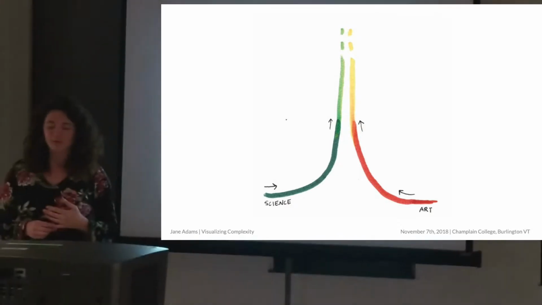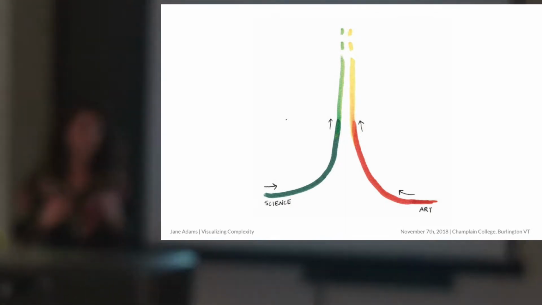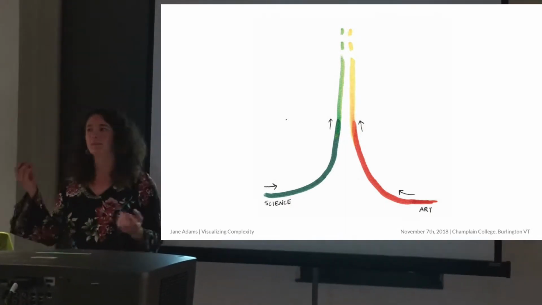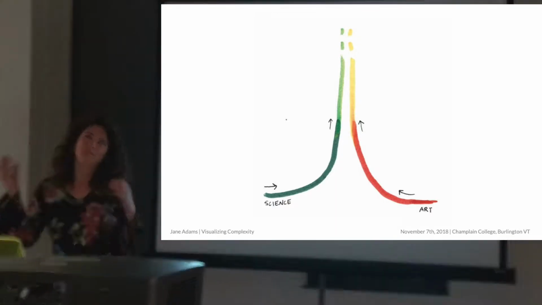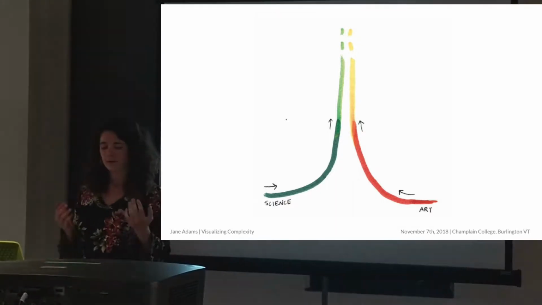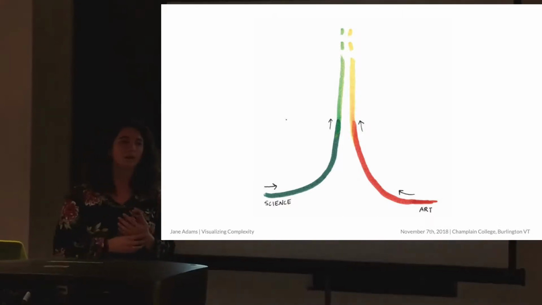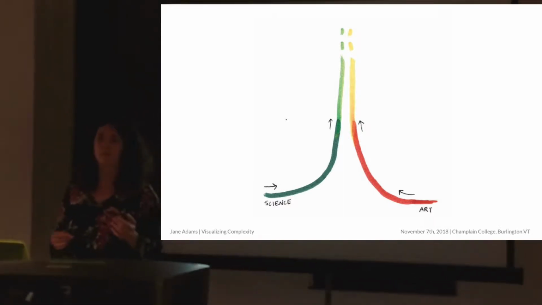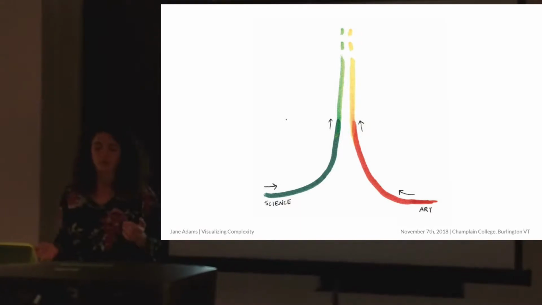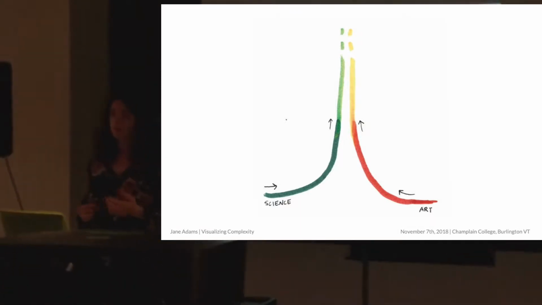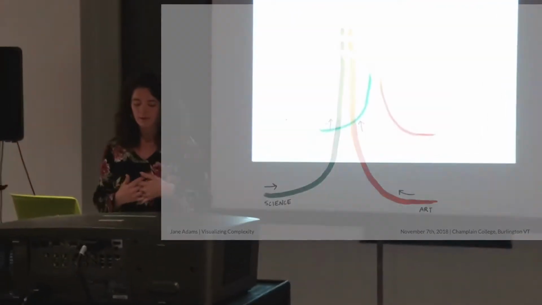So I was really interested in the intersection of science and art. I really liked the balance of left and right brain and the way that those things interact with each other. A lot of the ways that I understand mathematical concepts is through visualizing what they look like as a graph. And so that's kind of where my work has taken me.